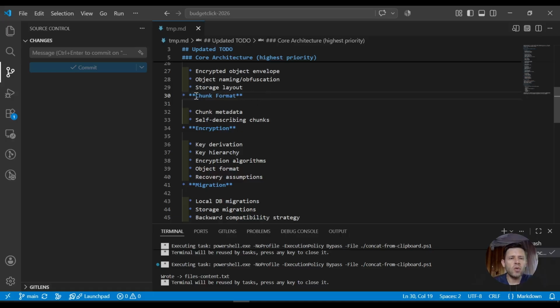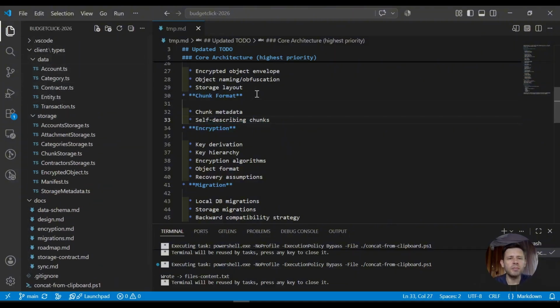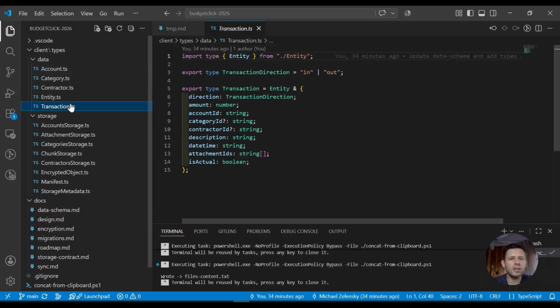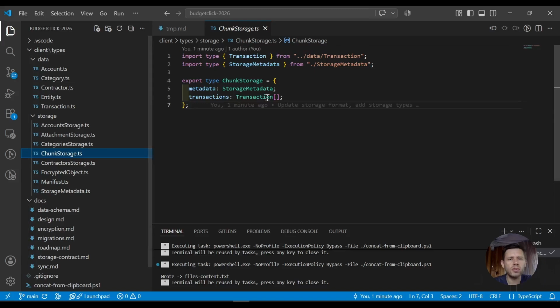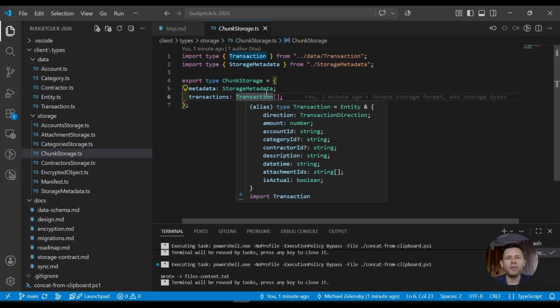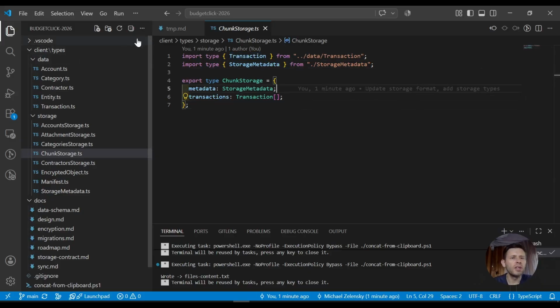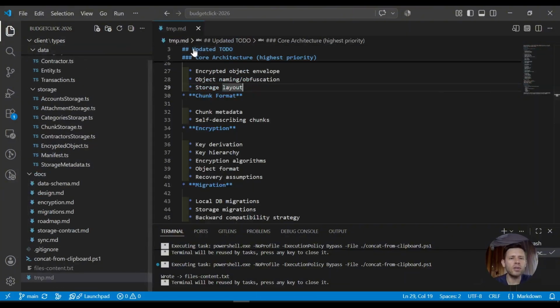Okay, I think that we have already defined chunk format, chunk metadata, self-describing chunks. Self-describing chunks, what does it mean? So we have the months, we have transaction, we have chunk storage, which is just the array of transactions, storage metadata. I think that everything is covered here, so we can safely go to the next